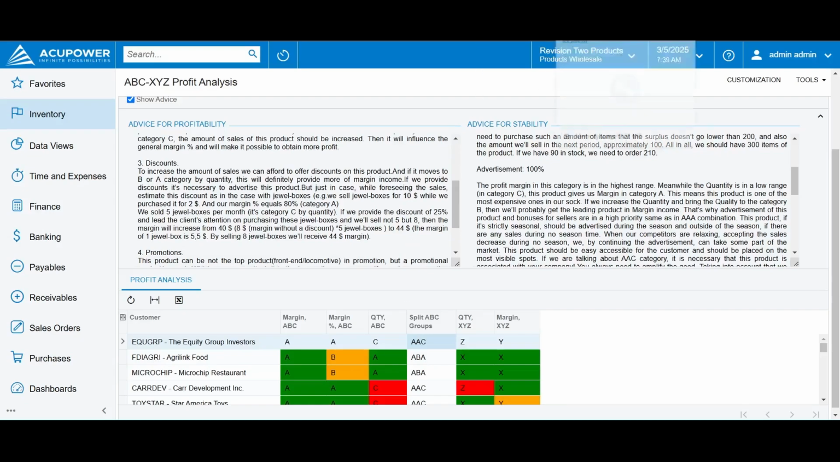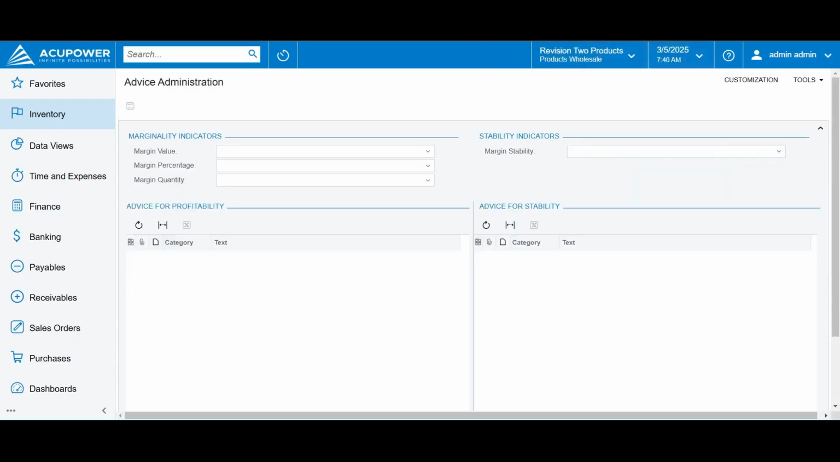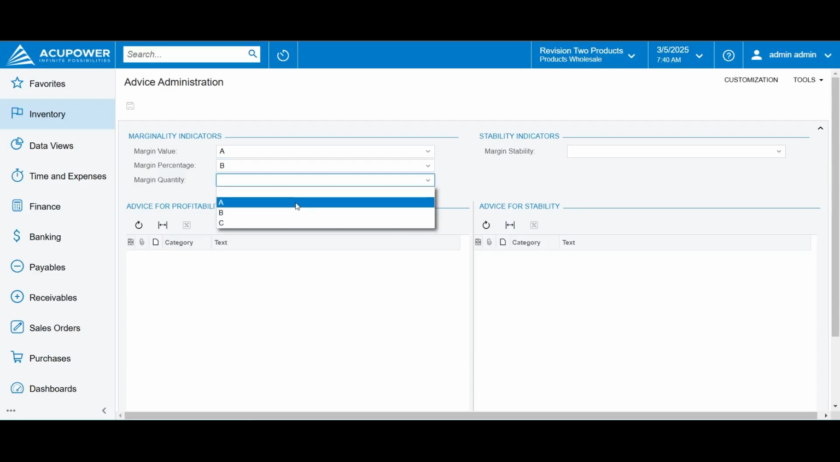And the third screen of the ABC analysis solution is part of profit analysis. The screen is advice administration, and on this one we can read and modify advice for specific sales profit indicators. Let's select margin value A and margin percentage B, and let's say for some customer margin quantity is as well A,